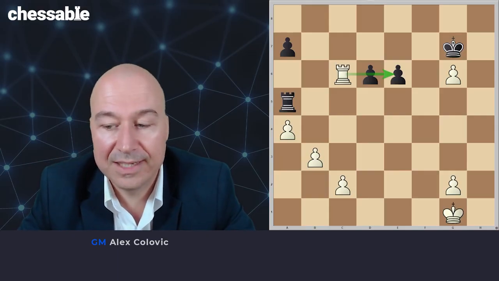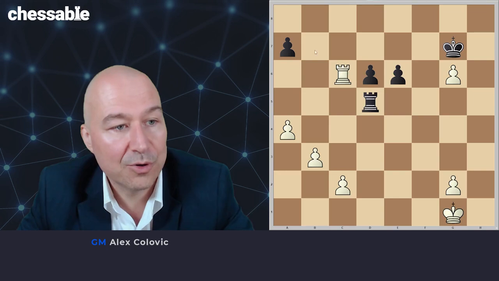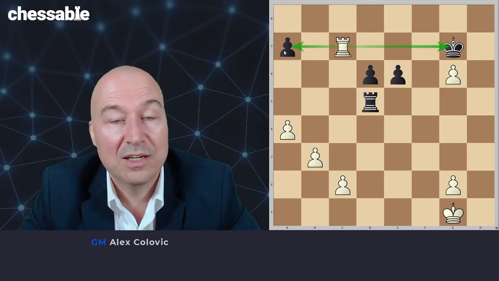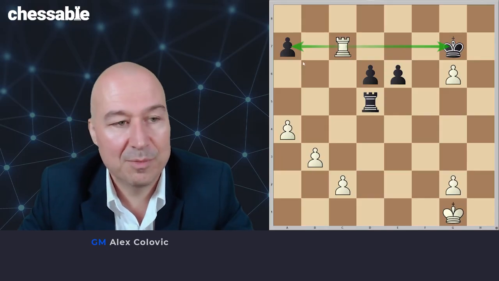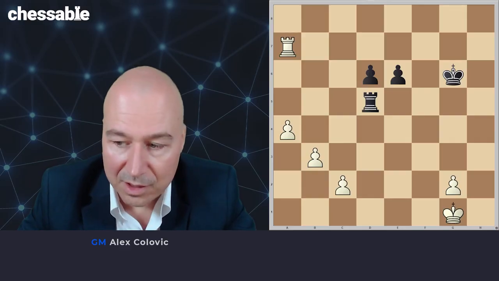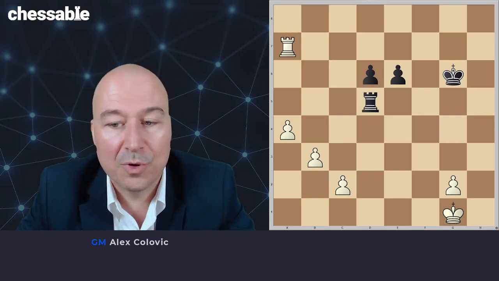And now one of these pawns on the 6th rank will fall, or in case black decides to defend it, like he did in the game, rook d5, now he loses the pawn on a7 after rook c7 check. And now we see the importance of the rook being on the c file. Rook c7 check, and then he picks up the pawn on a7. So king g6, rook a7. So white is again 2 pawns up, and